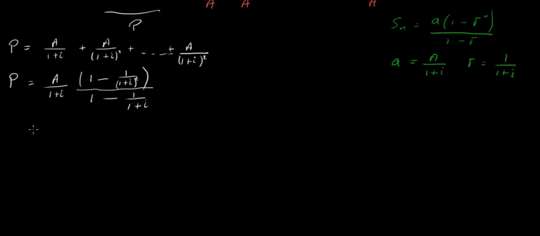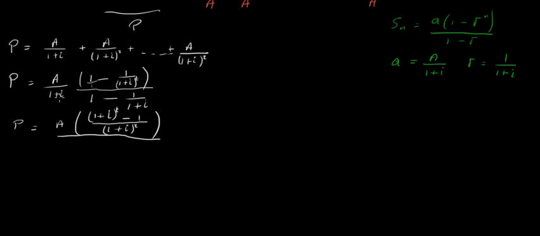Okay, so now we've started. I'm just going to multiply these two fractions, the top by the top. Within this bracket, I'm going to add these two fractions. This is 1 minus 1 over (1 plus i) to the power of t. If I add those, I'll get (1 plus i) to the power of t as my common denominator. So 1 times this gives me (1 plus i) to the power of t, minus 1, since (1 plus i) to the power of t into 1 over (1 plus i) to the power of t is 1. That's over